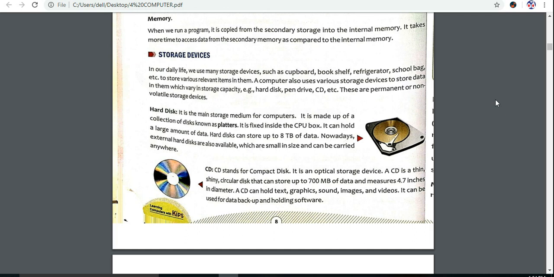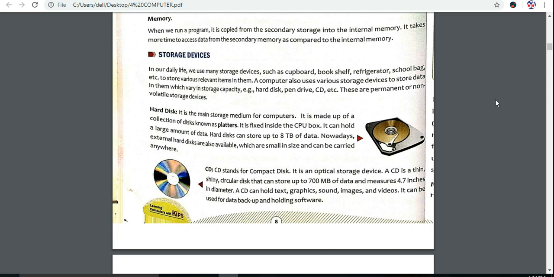All these are places where we keep our personal stuff. In the same way, a computer also has a particular place where it keeps its stuff, its data.